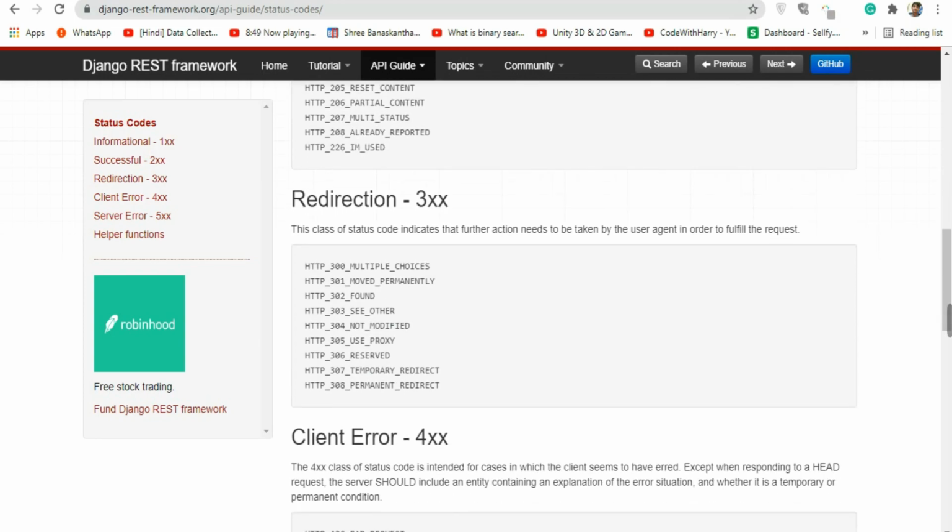Now 3 means redirection, any kind of redirection, and here 300 means multiple choices, 301 means moved permanently. If you moved any URL to another URL, you can write HTTP 301 or so on. As you can see we have a lot, 302 and so on; any kind of redirection means 3.